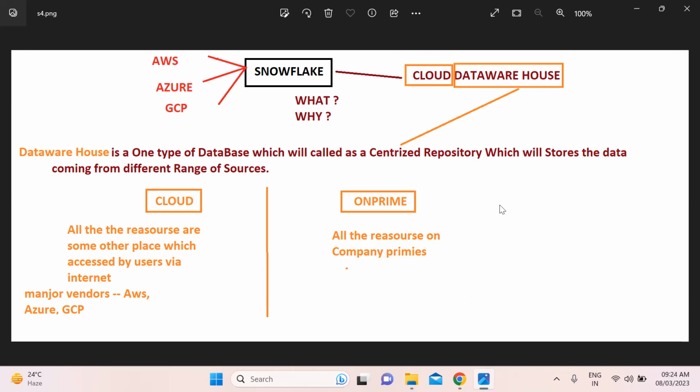Pay as you use. For the resources you are using, you will pay only at the end of the month. This is the major impact. Disaster recovery is also available. Let's say they will provide availability zones. If anything happens to one availability zone, our data is fully secured and available in the other zone. These are the most important points. We are going with cloud. Clear?